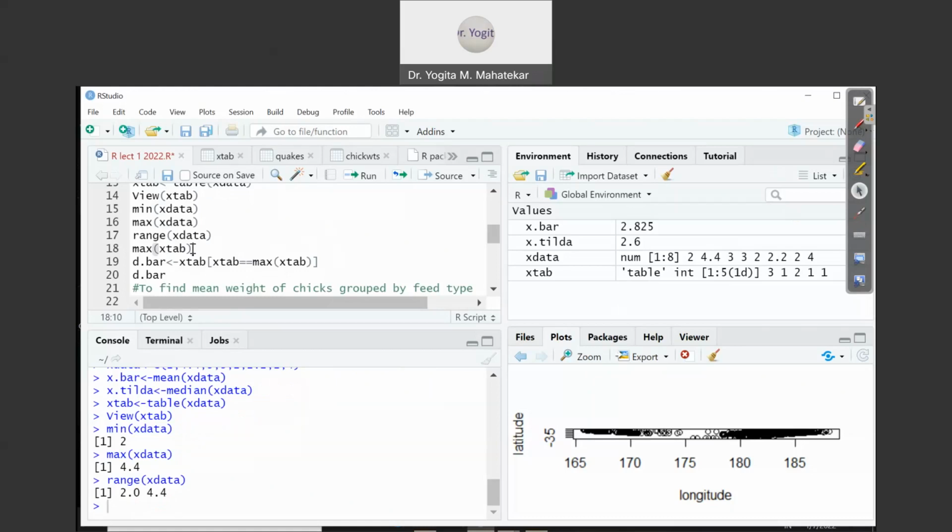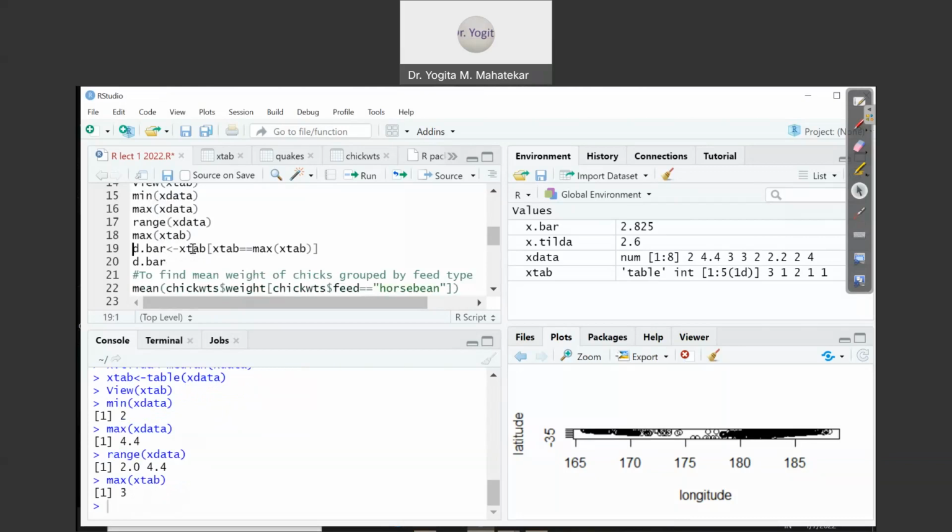We will give the name xtab to that, and then we will find out the maximum of xtab. So it displays which number is appearing the maximum number of times in the given numerical data. When I press Control plus Enter, 3 is the maximum frequency.